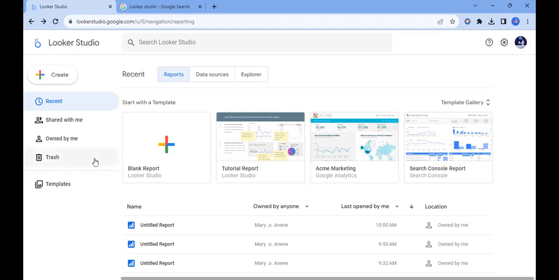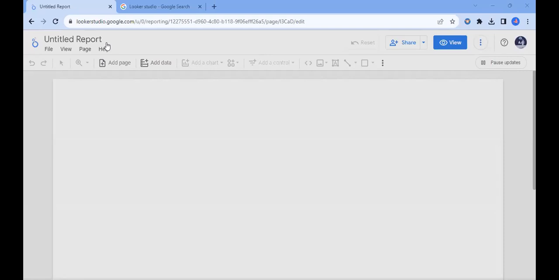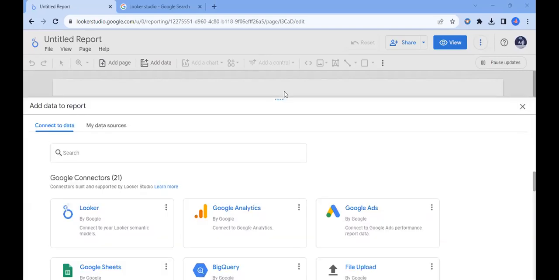We are not going to be looking into that right now. So we are going to be going directly into Looker Studio. We are going to click on this create and select and click on reports. So once you enter this phase of your report page, the first thing you see is this slide that comes